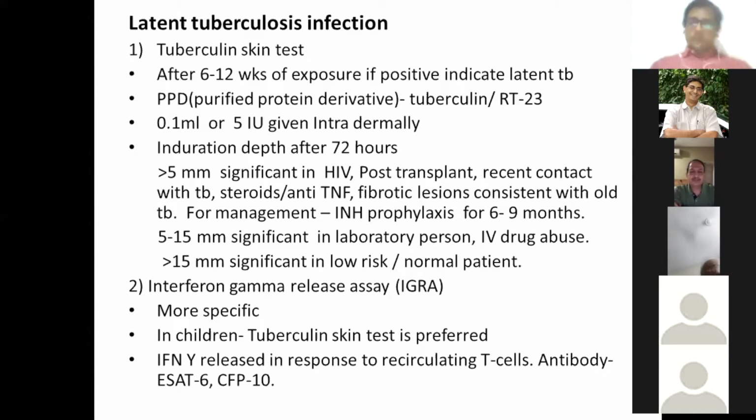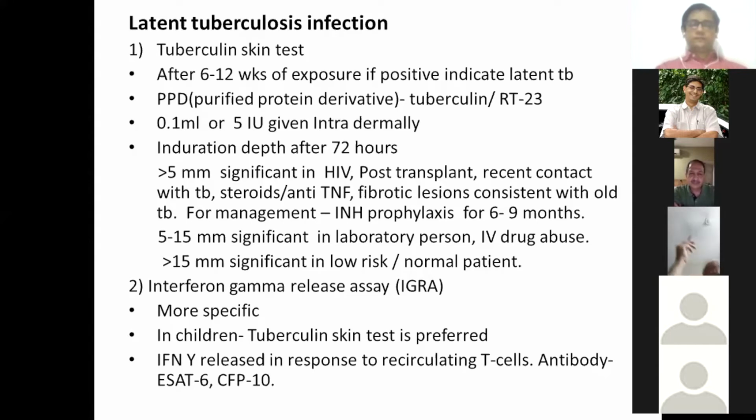Even for extrapulmonary TB, yes. If you have a person with asymptomatic tuberculin positivity, always first try to exclude that there is active infection. As Dr. Piyush rightly said, we have to get help of CT chest, maybe a PET CT scan, sonography of the abdomen, and look for the neck nodes, because many times we all tend to just jump into the investigations and we miss looking for the neck nodes and the axillary nodes. So make it a routine practice that whenever you get a patient who is tuberculin test positive, you have to look for the neck nodes and the axillary nodes. Ask for positive family history. Sometimes you will be able to get some positive family history in some of these patients.